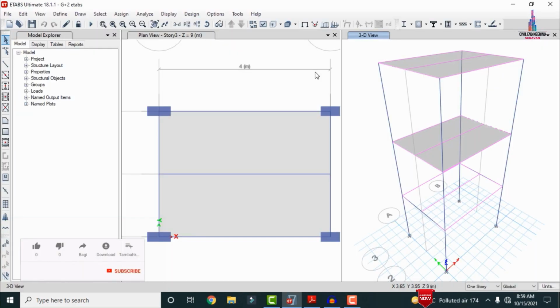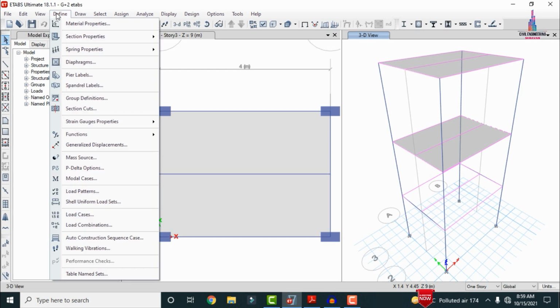civilbasics123.blogspot.com. In this video lecture, I will explain the comparison of the results related to the G+2 building structural model with ETABS software and manual calculation site executed building model results. So in this video, I will cover the concept related to the beam reinforcement details. Initially, I will show you the model specifications for the building structure.